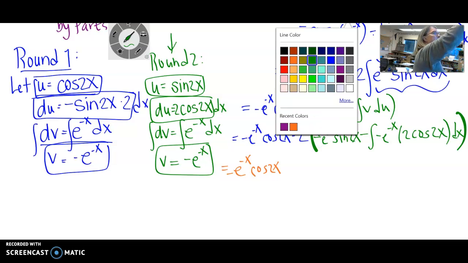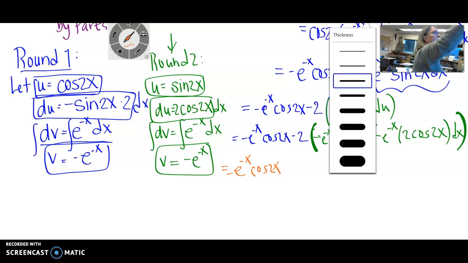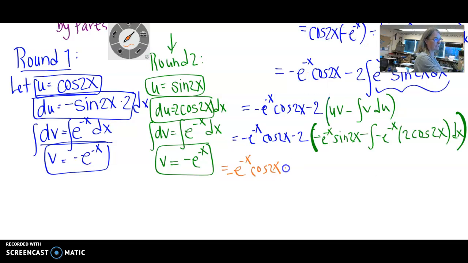If I distribute the -2, I get plus, because I have a negative times a negative, so plus 2e to the -x sine of 2x, and that -2 times this negative times that negative is all -2, and then I have left inside here because I pulled that negative out,